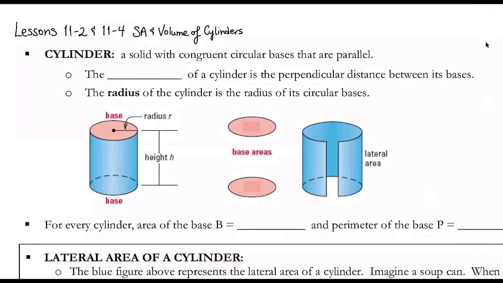This is the continuation of lessons 11.2 and 11.4 on surface area and volume. The first part of the video was on prisms. The second part will be on cylinders. So first of all, the definition: a cylinder